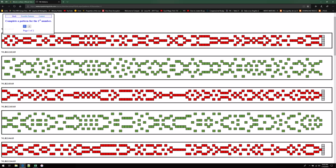What does that mean? That means that the logic has some sort of a loop. The algorithm that they wrote in order to draw these numbers, there is some sort of a loop. And believe it or not, you can in one way or another predict how these numbers come out based on past history. If you're lucky enough to find a specific pattern that's happening, or sometimes the symmetrical things